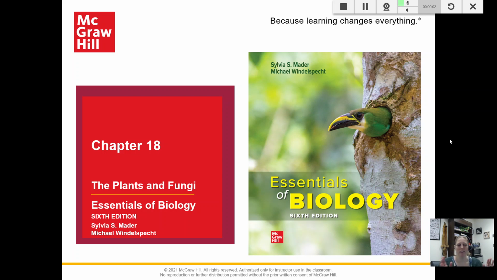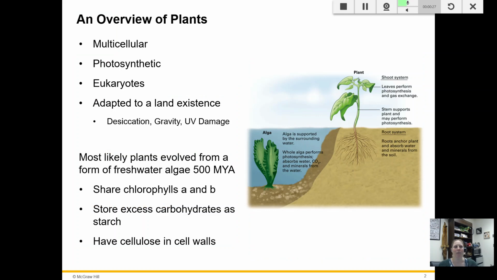All right, in our last lecture, we did a survey of microorganisms, and now we're going to do a class on what we would consider botany and mycology, or plants and fungi. So remember, this is kind of our survey of the living world, what's out there, what you can learn more about, maybe find something that fascinates you, and we can continue learning about that as we move forward in our lives. So let's talk about plants, okay?